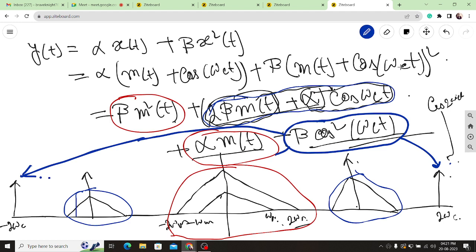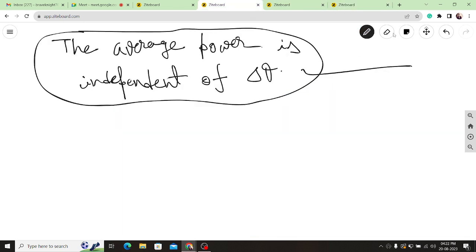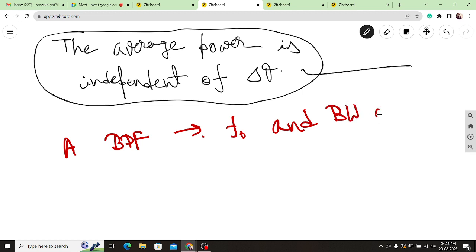So we must design a bandpass filter so that the signal centered around omega c, at omega c here and here omega c, can be extracted and all the other terms should be removed. So this should be a band pass filter, this sort of band pass filter, and it should not overlap with the baseband components. So the answer will be a band pass filter, with center frequency at f0 and bandwidth of W,